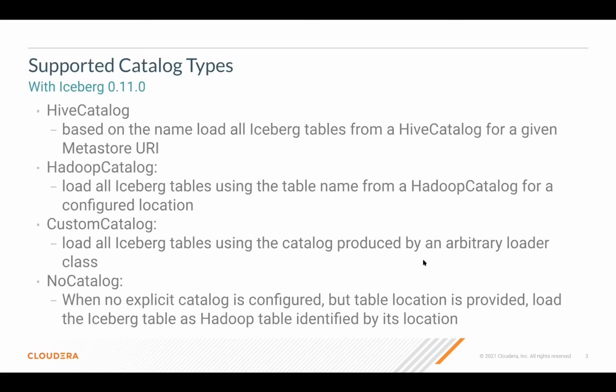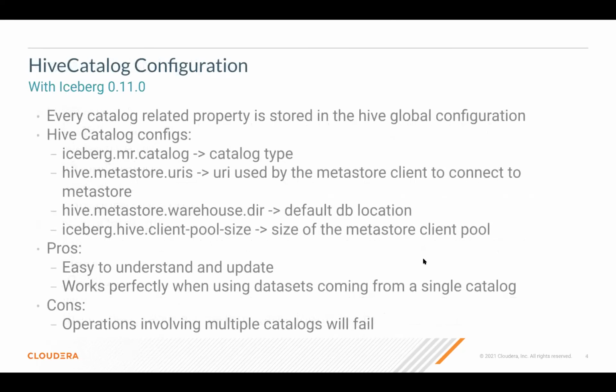I've been talking about the different catalog types so far, but let's see how they are configured. Next slide, please. Okay, focusing on Hive catalog, in order to make it work, we have to configure just 4 parameters, all stored in